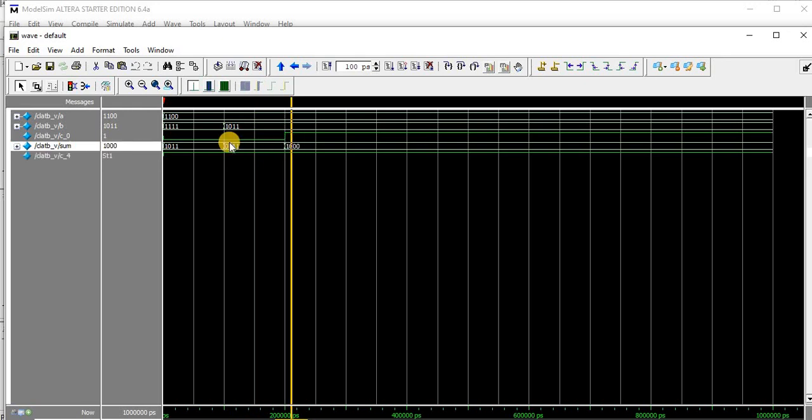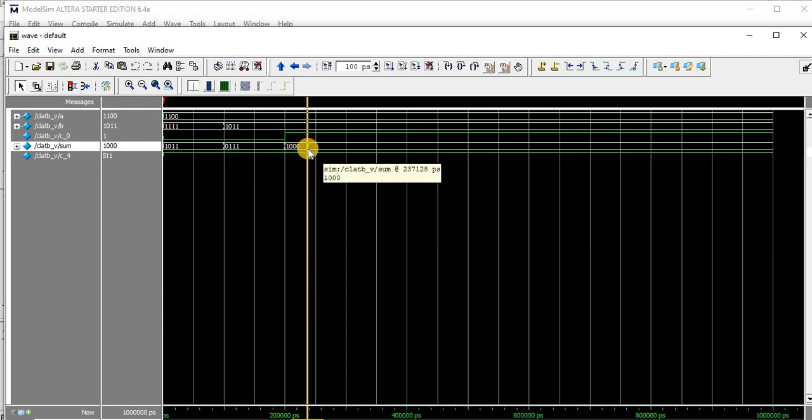And for the third case I have taken the same input but with C in as 0. So since C in is 0, 1 1 sum is 0, carry is 1 and propagating to the next stage. So the carry is 1 and the output is 1 0 0. So this is how we can do a carry look ahead adder in Verilog language. Thank you for watching.